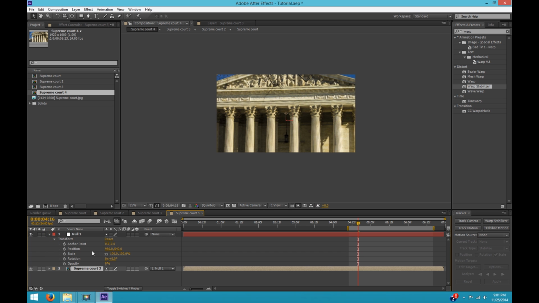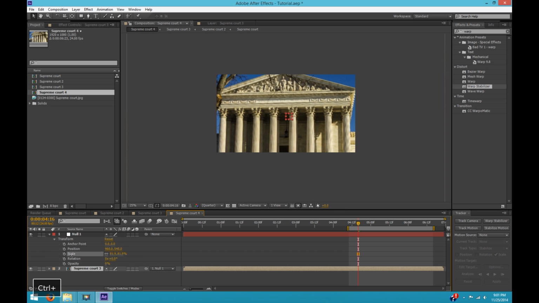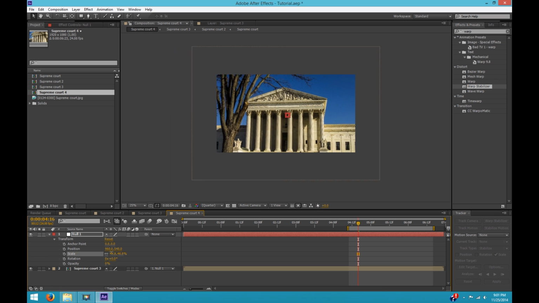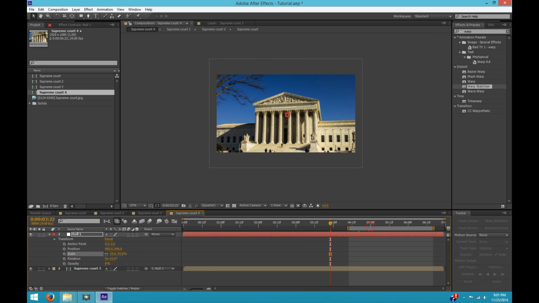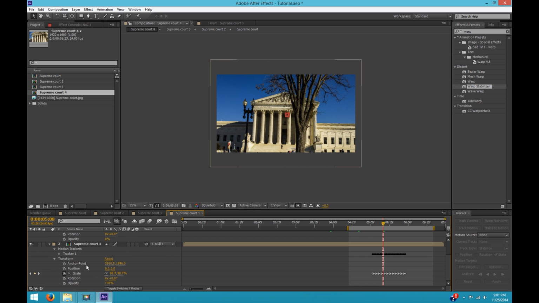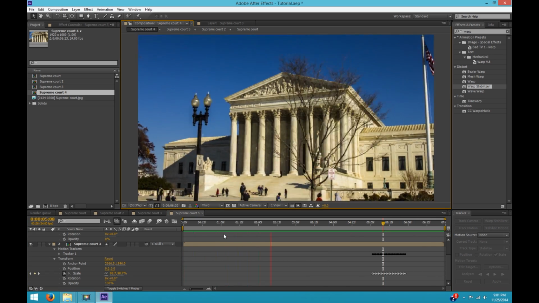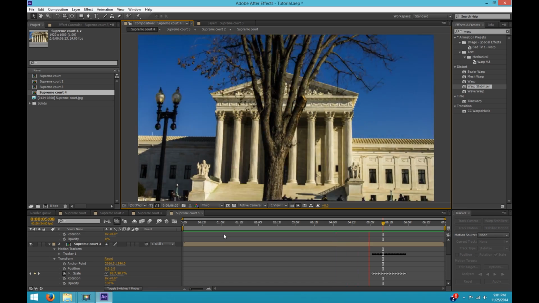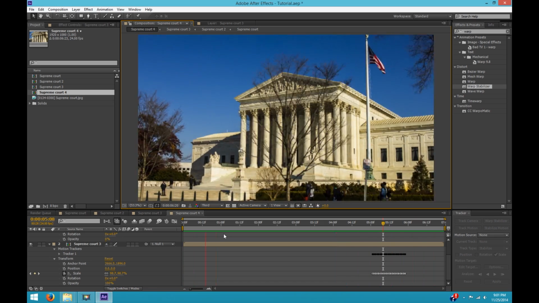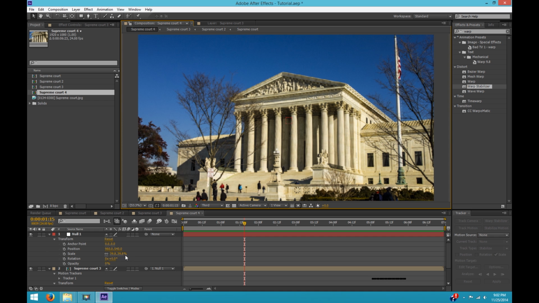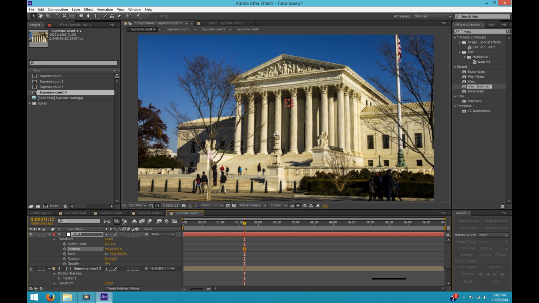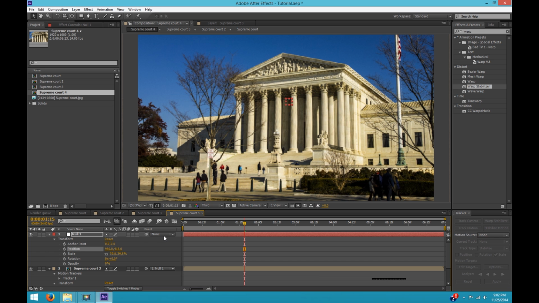So at this point I can adjust the scale of the null object, and it will adjust the scale of my composition along with it. And that allows me to do an independent adjustment of the scale without messing up these other scales that are already in there. So let's take a look at how this is looking. That's looking pretty good. I would like to adjust this down a little bit. I feel like it's pointing a little too high. I can just adjust my null object, and it'll likewise adjust my background layer.